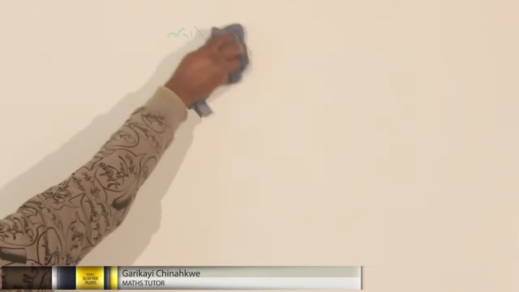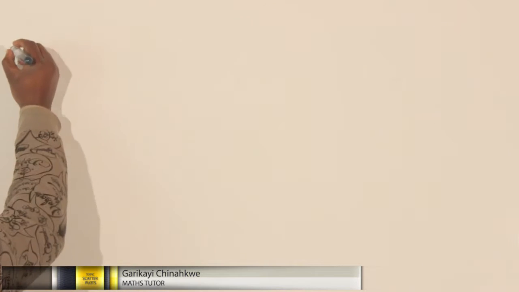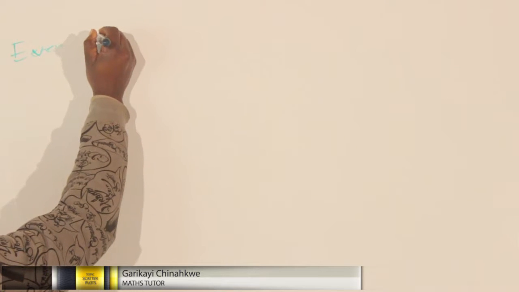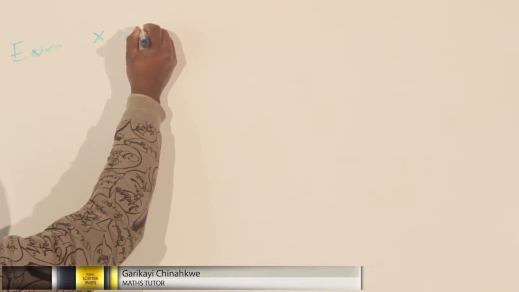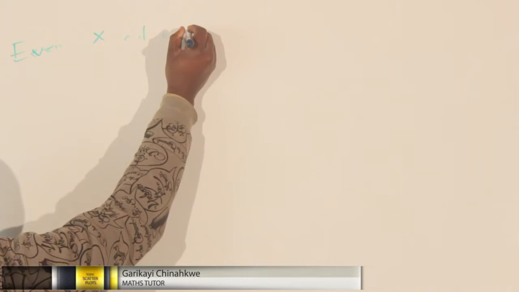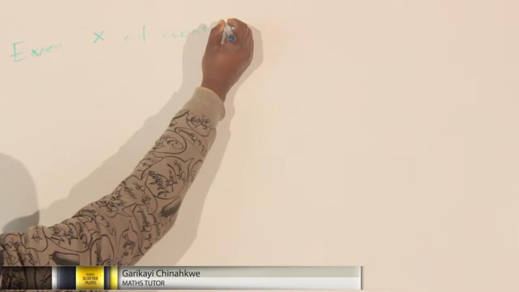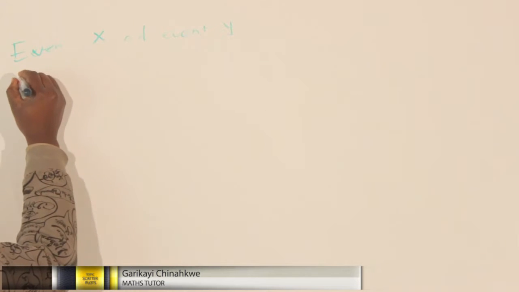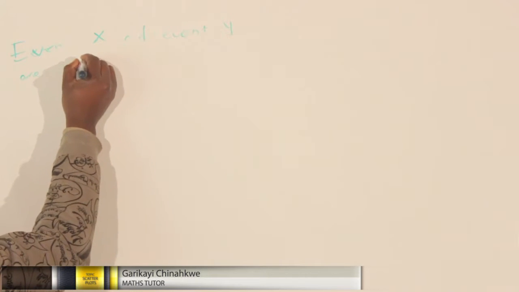Probability of event X and event Y. If event X and event Y are independent,